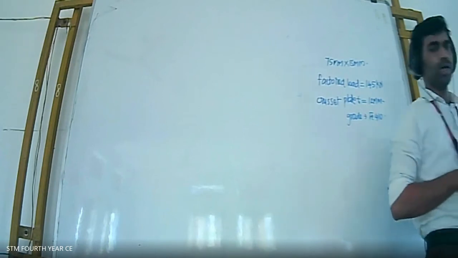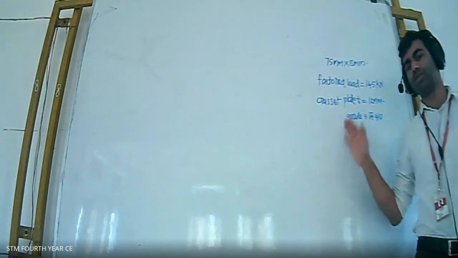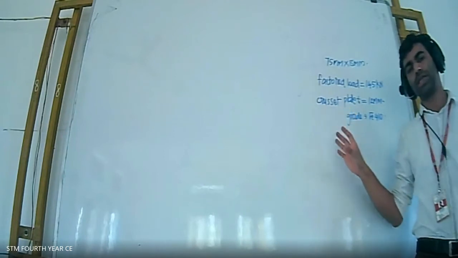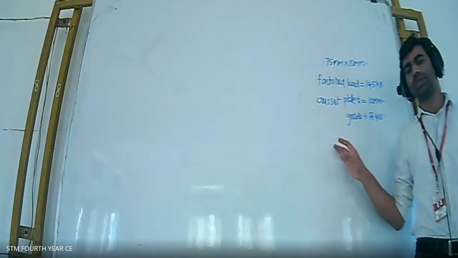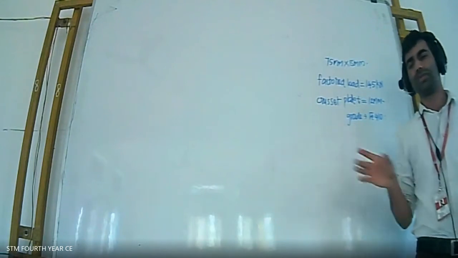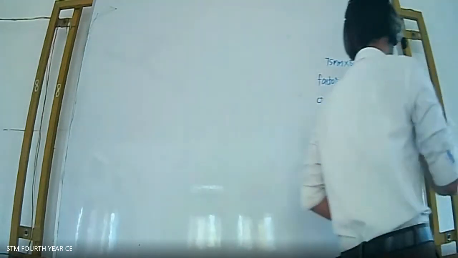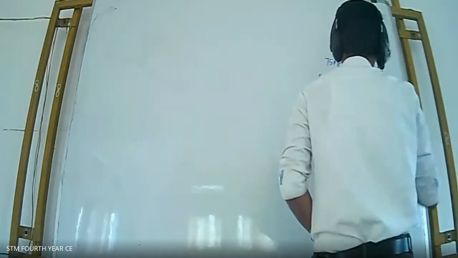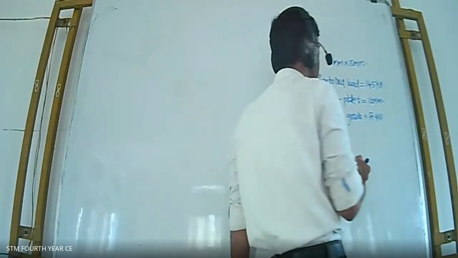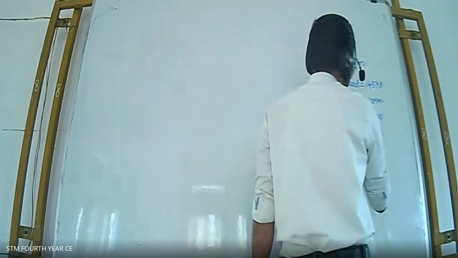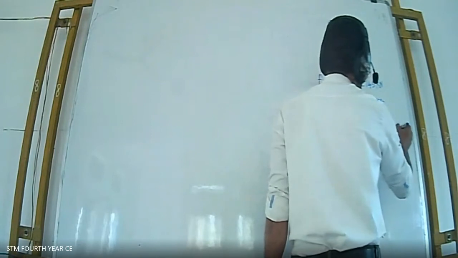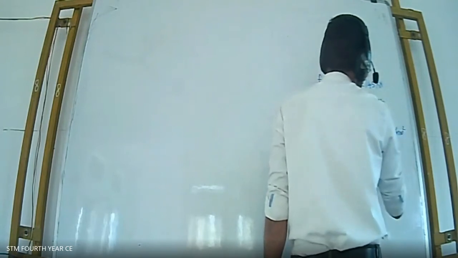Now you have to design a fillet weld. The fillet weld is going to take shear stress, so you have to change the equation. In that situation, the root 3 portion will come. We can keep in mind this fact and start solving the problem. Here the given values can be written like this: since it's Fe410, F_u is equal to 410 Newton per mm square and F_y is equal to 250.